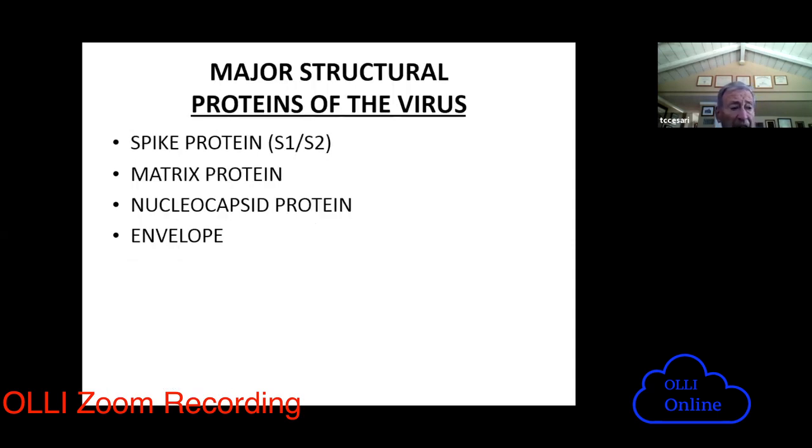I always like to point out that you can think of the virus as composed of essentially three components. The protein components, which are the structural components that give it its shape. The functional components, which allow the virus to reproduce itself. And the genetic components, in this case RNA, that are the blueprint for future viruses. The structural proteins that I want to point out are four.